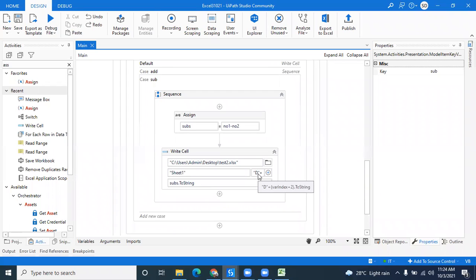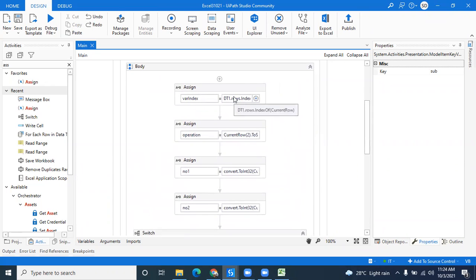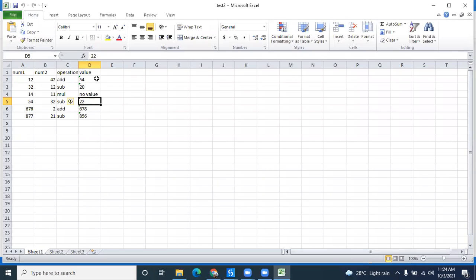You can see variable index plus 2. Plus 2 you have to add by default, but the variable index we already have defined. If we are not passing that index, then it will write only here. I have shown you that demo. Yes, sir. So we have to go to the next cell, next cell, next cell. That is our requirement. If we are not doing the same, then it will write only in the first cell, and it will overwrite all the time.